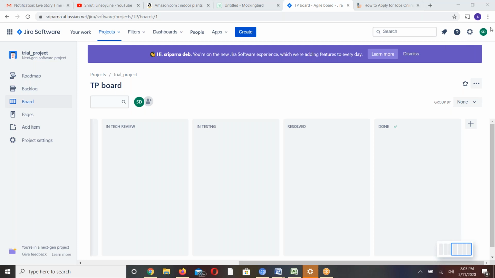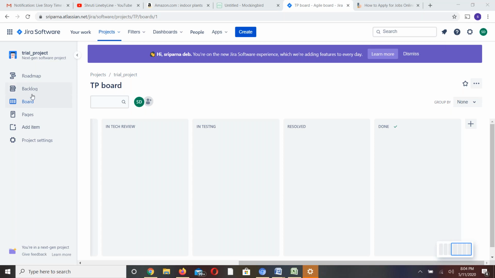So add the people. For example, you can add developers, you can add testers, you can add BAs, and you can put the items accordingly into the cycle, so that anyone looking at this board should know how many items are there, how many are in progress, how many are in development, how many are in testing, how many are resolved, how many are completed, with whatever formalities.